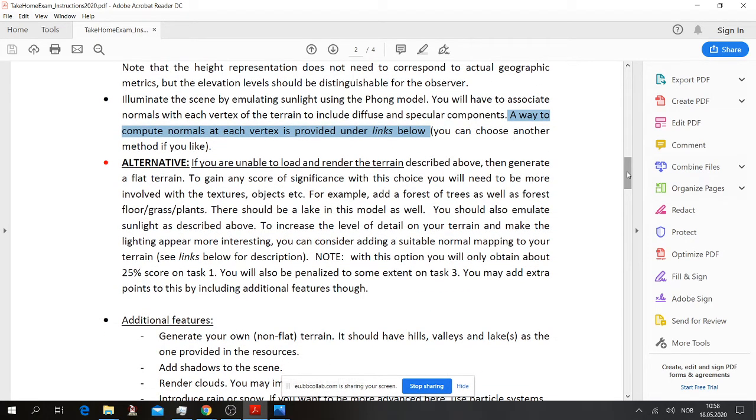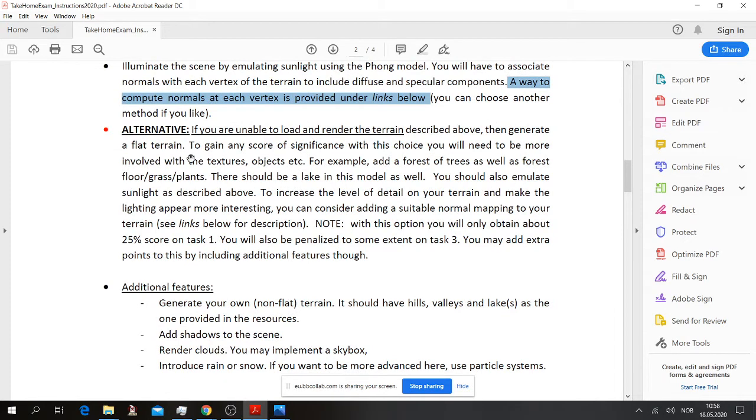Right, and here's an important point. If you really struggle or don't have the possibility to render this terrain, there's an escape route, but of course this escape route is going to penalize you because it's much simpler. So if you have problems with this terrain, then you may generate a flat one, but then you have to really add on a lot of things to make up for all the things you could put into this more general terrain.